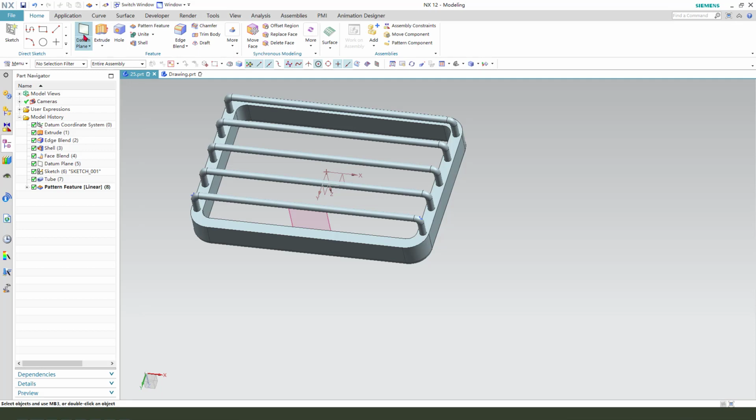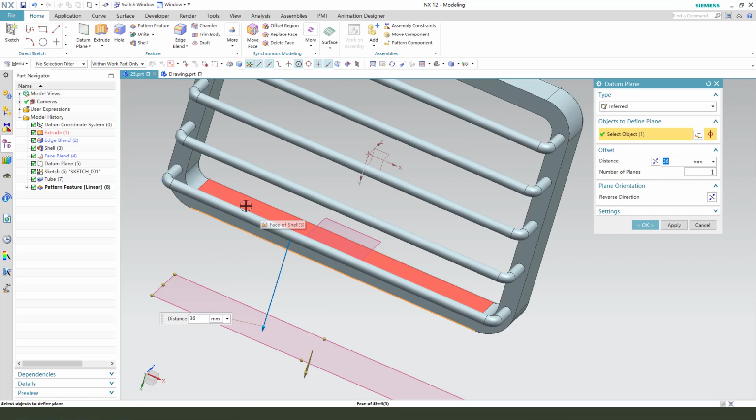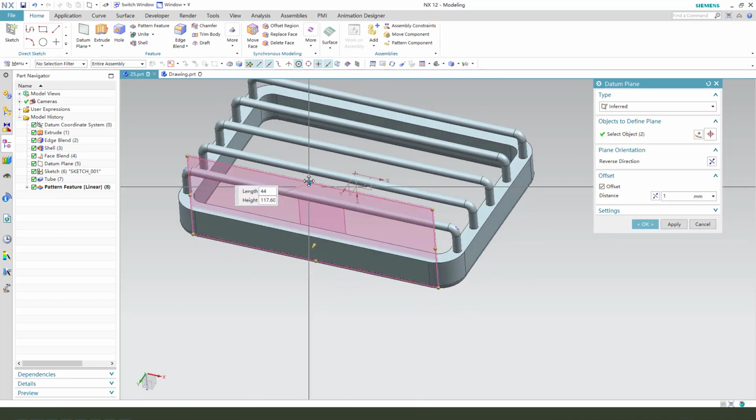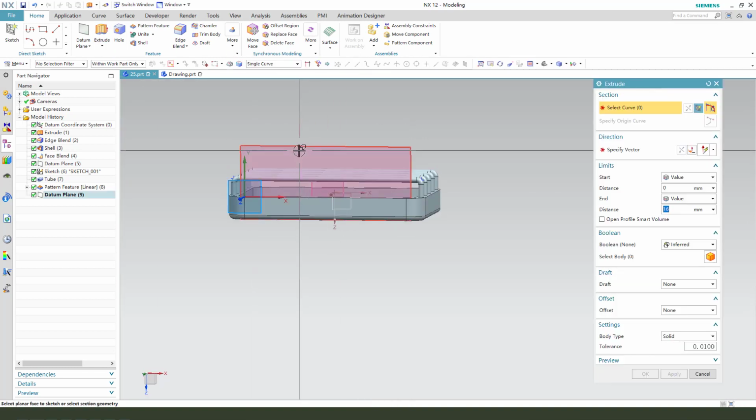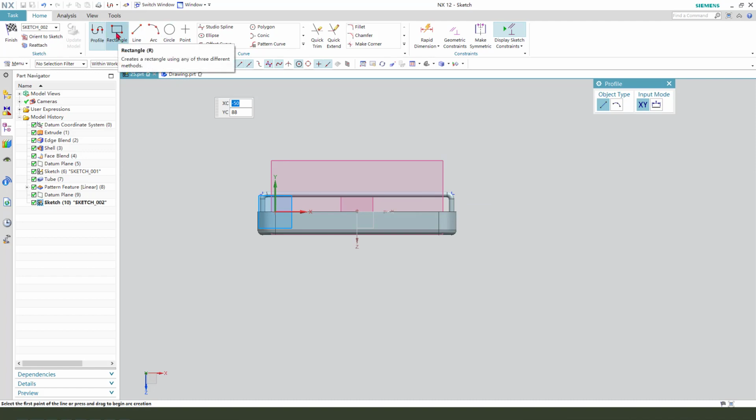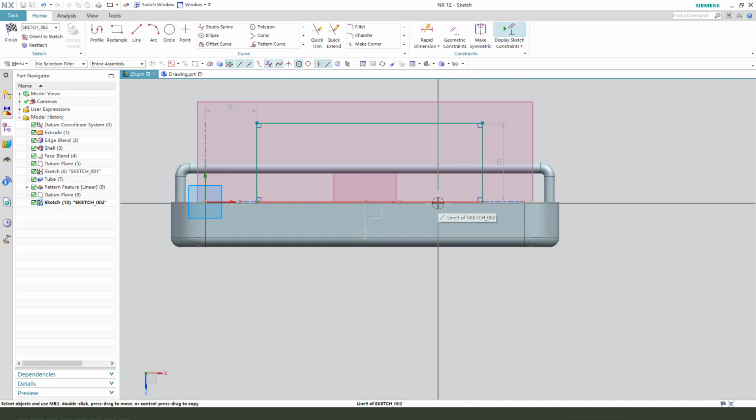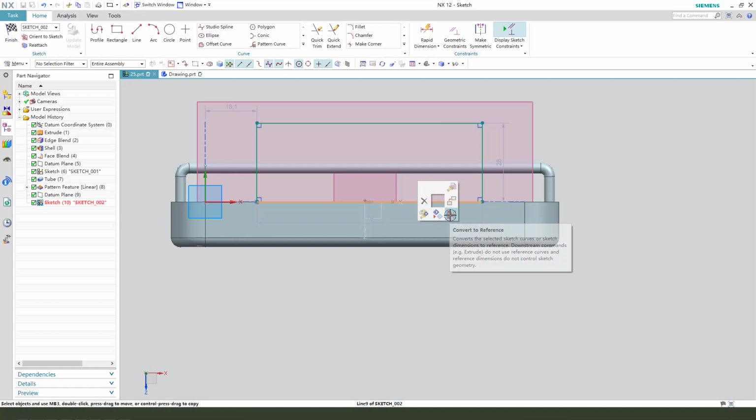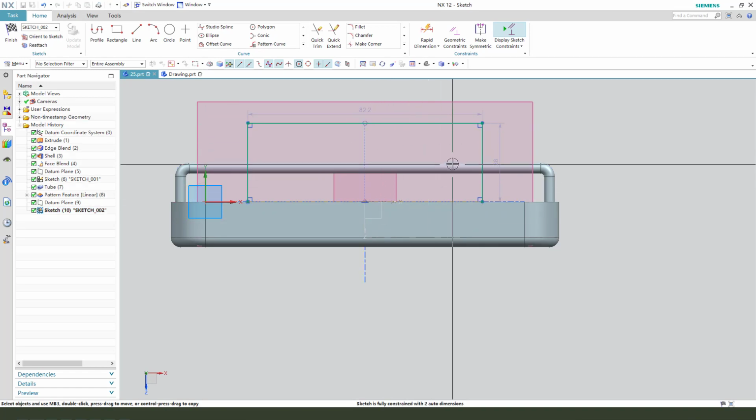Next we need to create this tube two-sided. We need to create another datum plane, midpoint datum plane. Here, select these two faces. We create this datum plane. Next, create a sketch. We need to create a rectangle and select this edge. Edge convert reference, point on Z and fillet